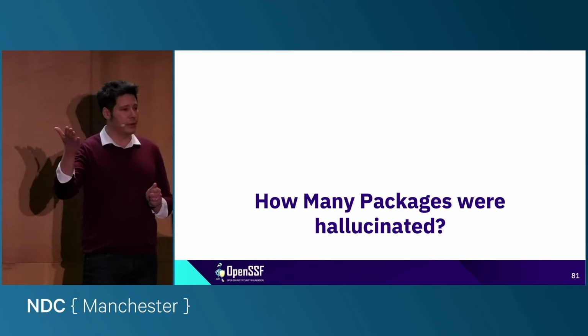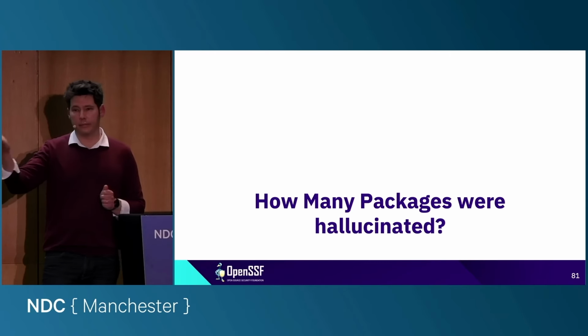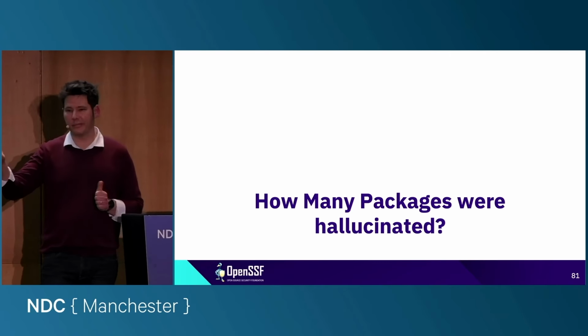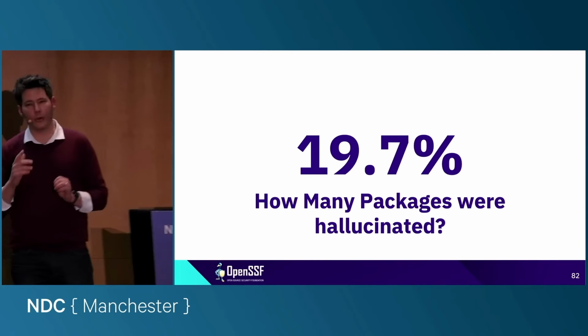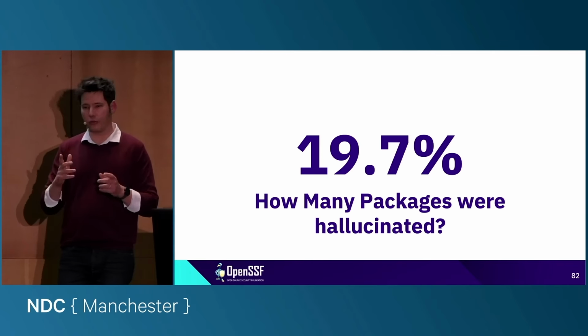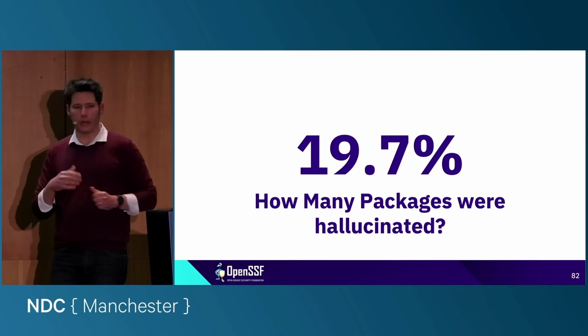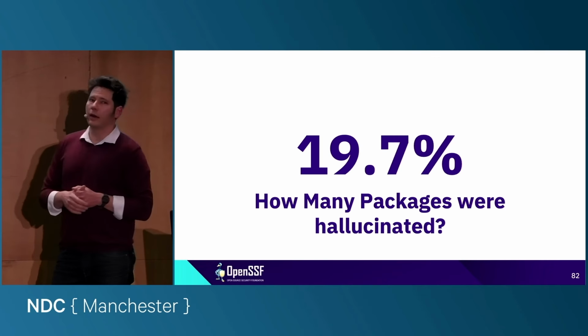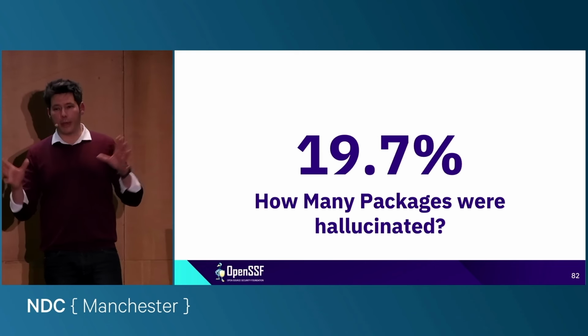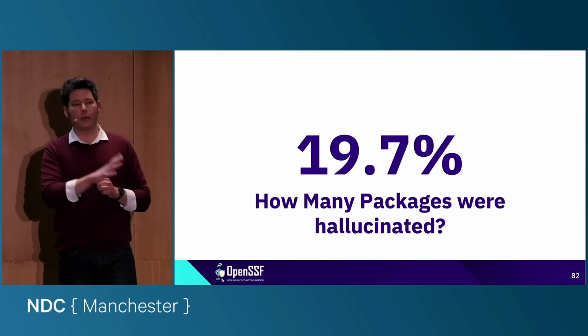10%? 1 in 10? More? 1 in... OK, so 20% of the repositories that were suggested, this was in previous generation of GPT 4.1, was checked in this case. 20% of the packages, 1 out of 5, was purely